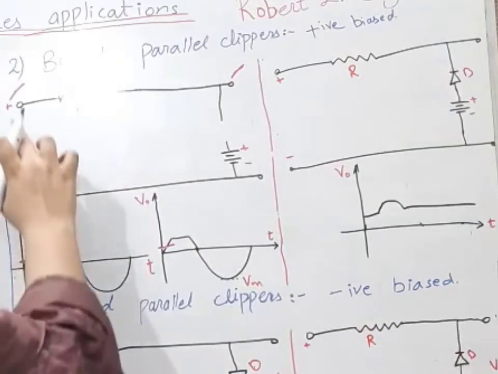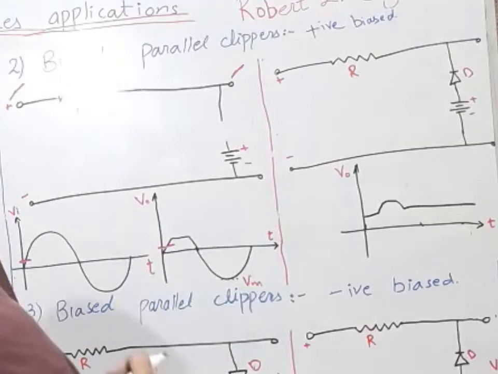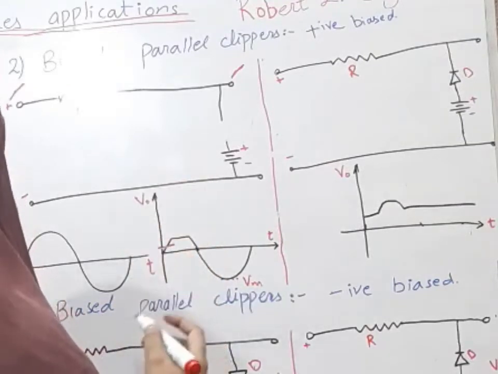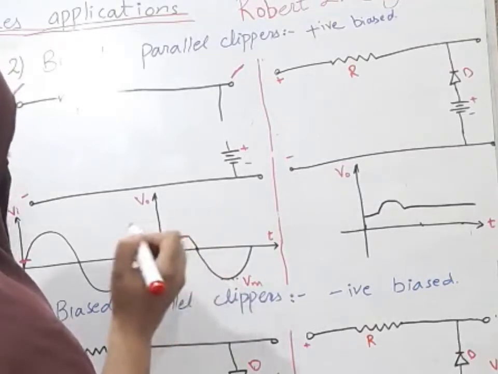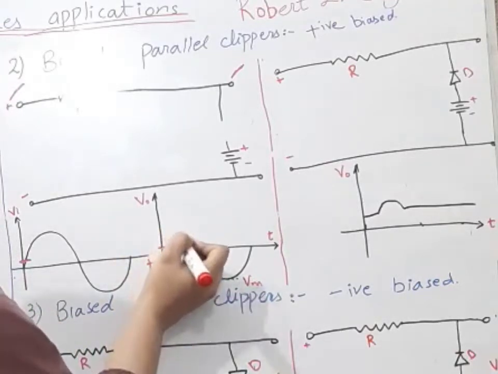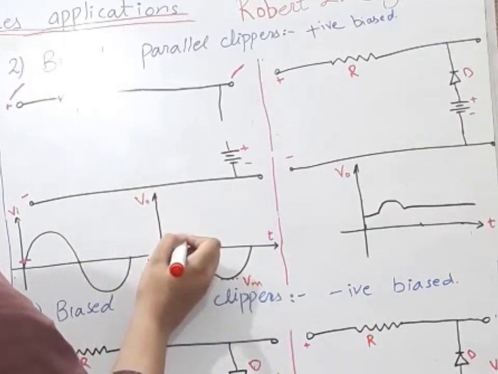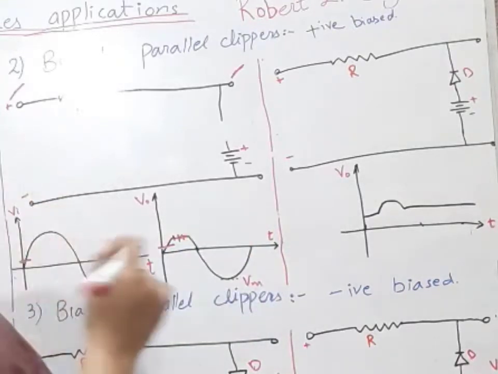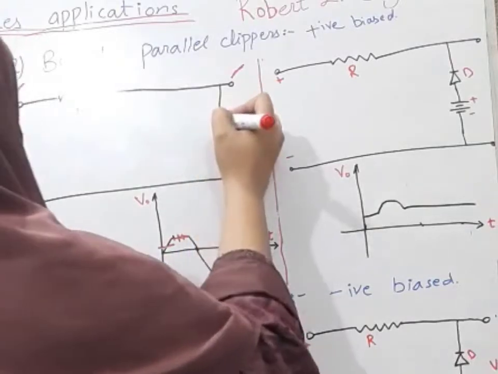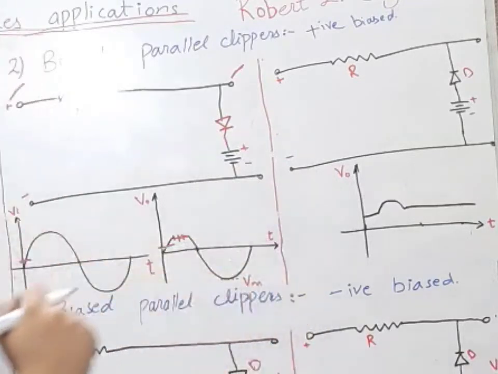But for the plus 3, our battery is again at plus 3 and in this case we will get this potential. For plus 4, again we will get plus 3 potential. For plus 5, again we will get plus 3 potential. Why are we getting the same potential? Because in this case our diode is like this. For plus 5,